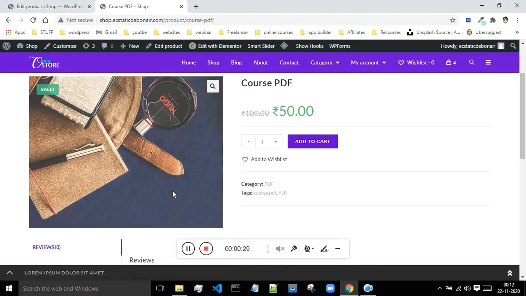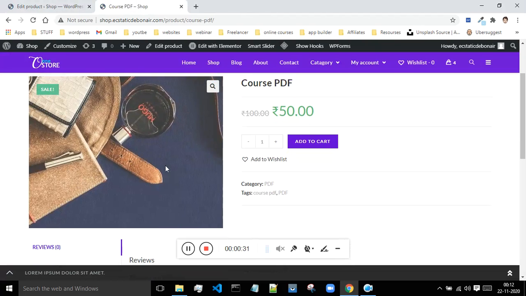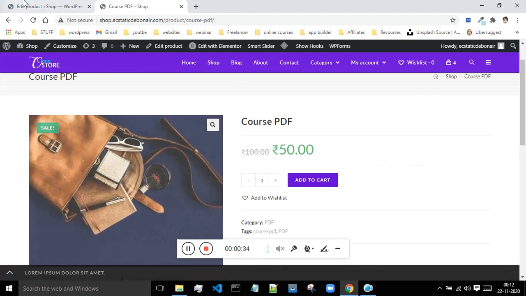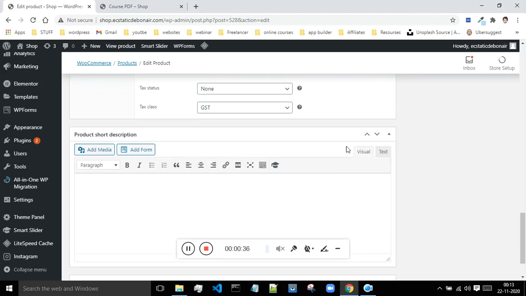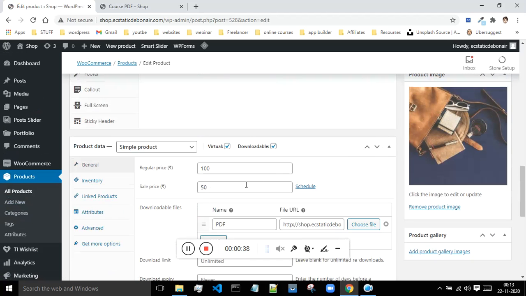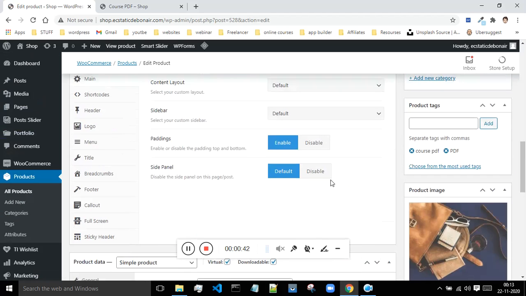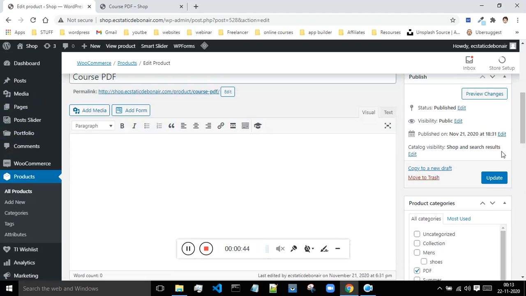And if suppose now I want to buy this or download this PDF, it will cost me 50 rupees, but I don't want to pay any money. So let me just scroll down below and change this to 0, and I will say update,